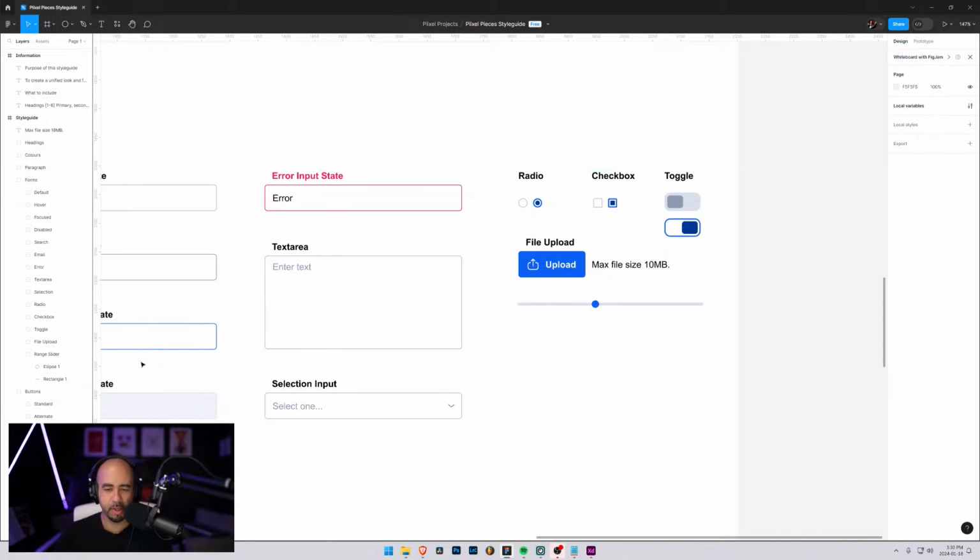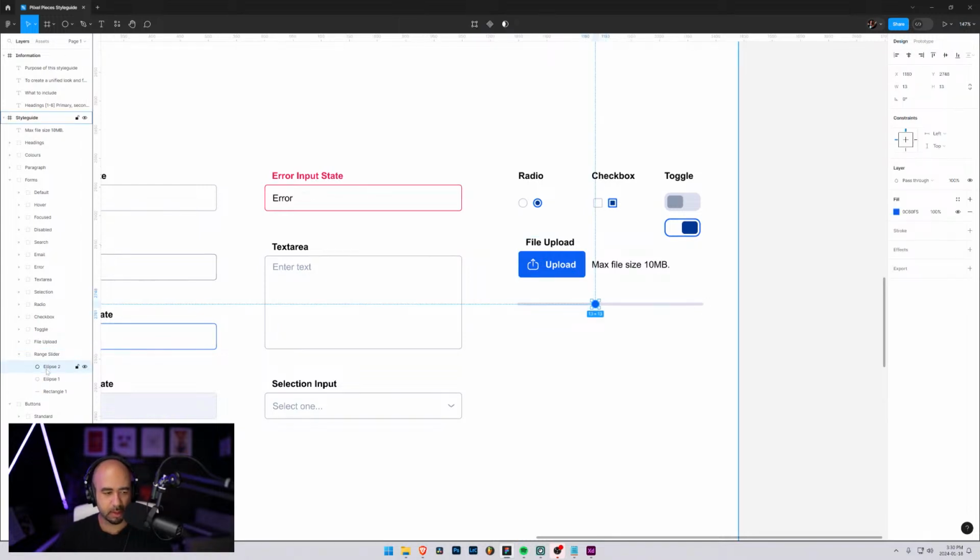I feel like we could make it a little bit fancier. I don't know if that's necessary. Let's see. Let's duplicate that ellipse. Let's make it 17. Okay, and